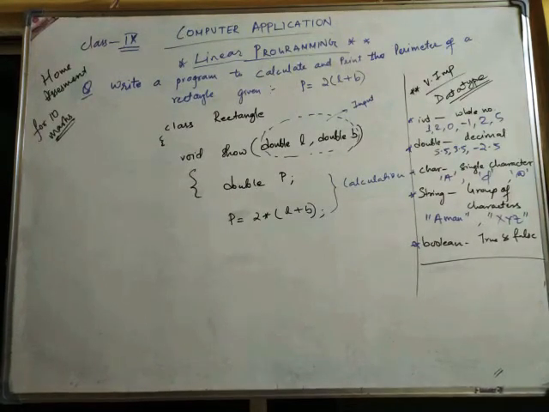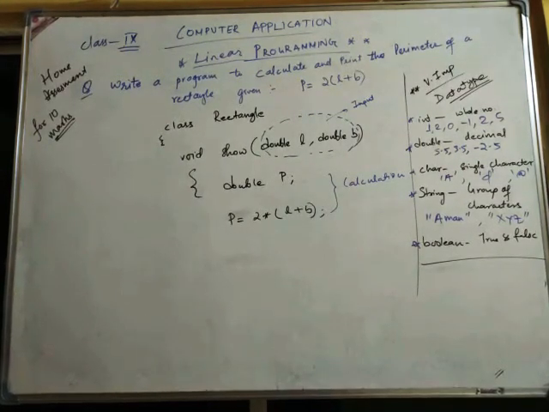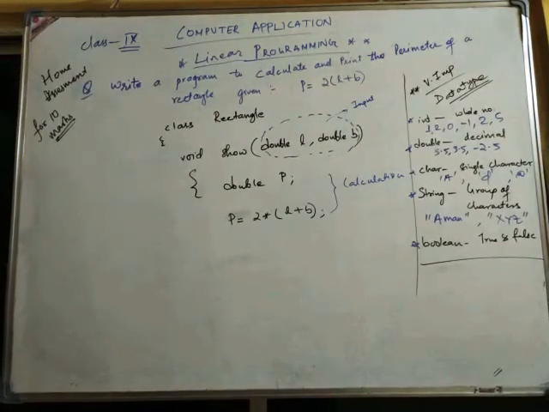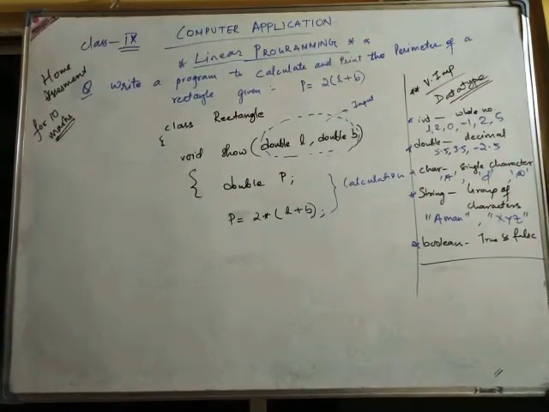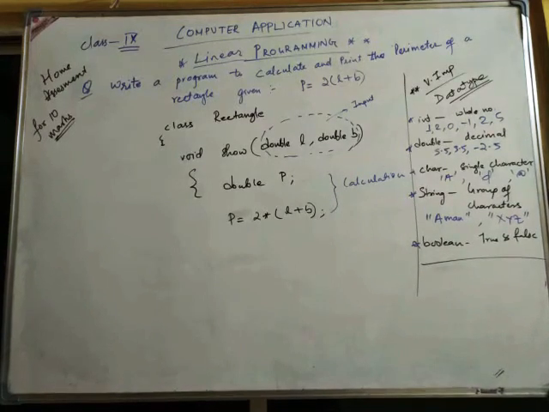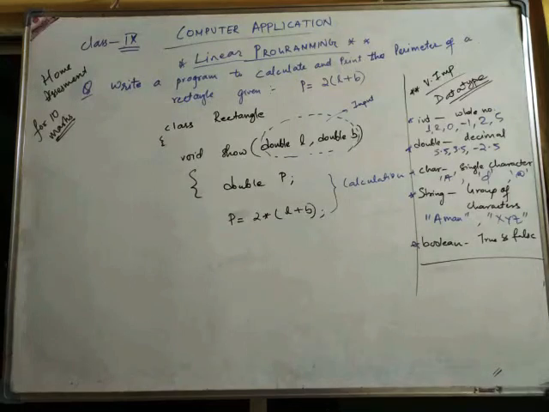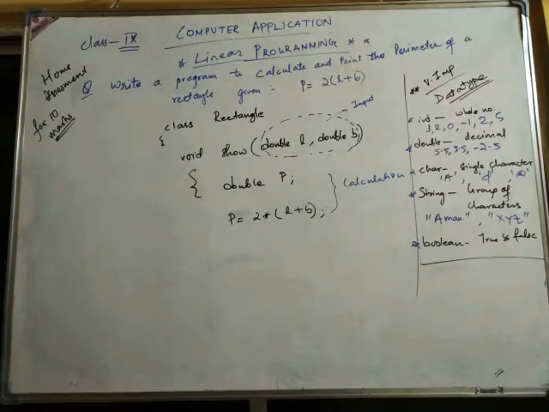The first step is the input to the program to calculate perimeter: length and breadth are taken. They are decimal values, any decimal values you can imagine. If I put length and breadth as decimal, what will the perimeter be? The perimeter we get back will also be a decimal value. If I multiply or add 2 into L plus B, and the user enters decimal values of length and breadth, you will get the perimeter as double. That is the reason I wrote double P.